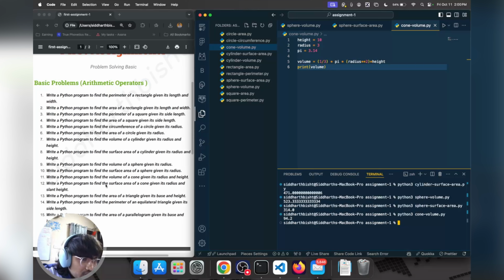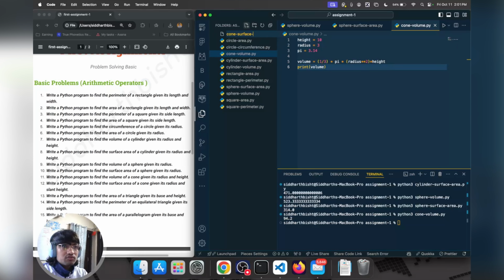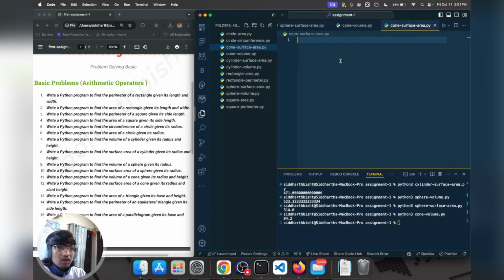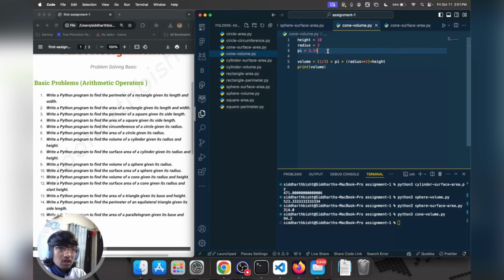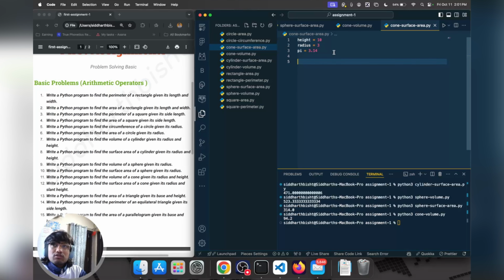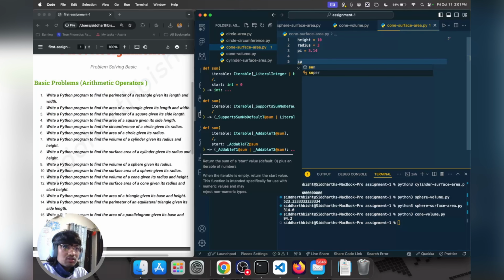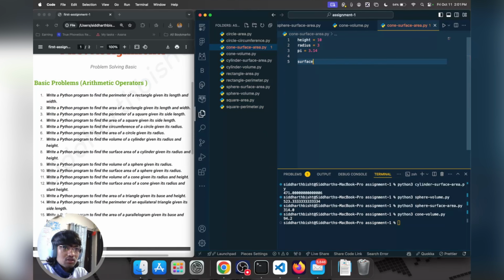Let's solve the next one. Write a Python program to find the 12th one. Write a Python program to find the surface area of a cone given its radius and slant height. So now cone surface area here .py, and let's take these height, radius and pi once again just to reuse. Then what we require, we just require its formula. So surface area equals